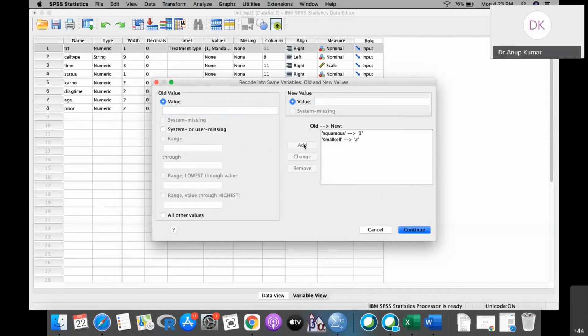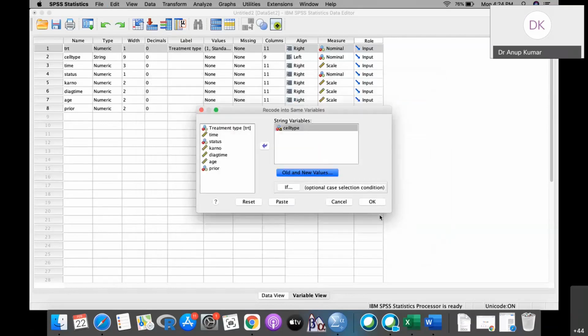Add it, and then 3 is the adeno. Adeno stands for 3, and then the fourth one is the large. Okay, then continue and then click OK.